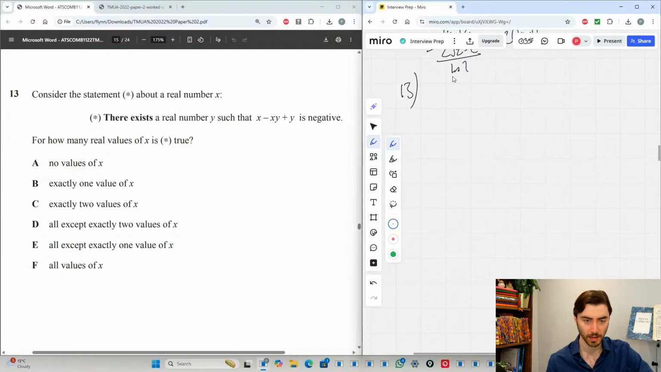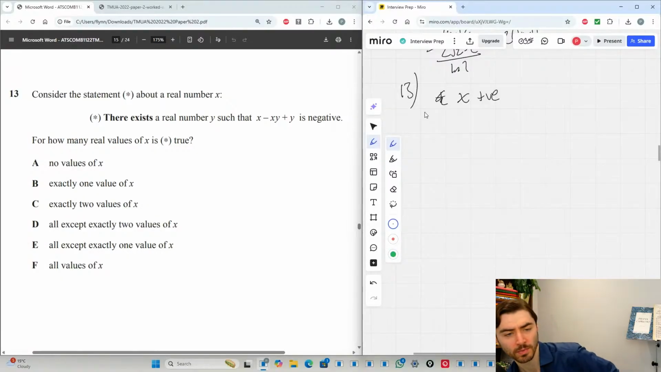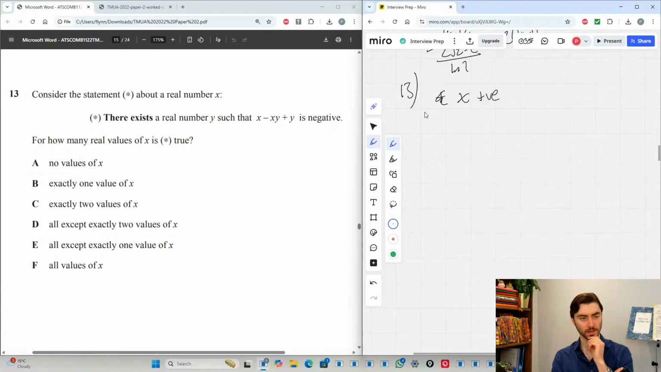So I think, let's consider x positive. When x is positive, in this statement about a real number x, there exists a real number y such that that is negative. Why is my brain not braining today? Maybe it just is the paper. Right. Consider the statement about a real number x. If x is positive,